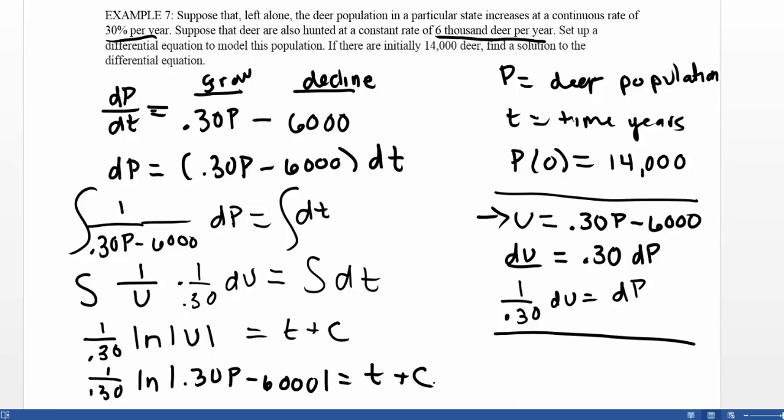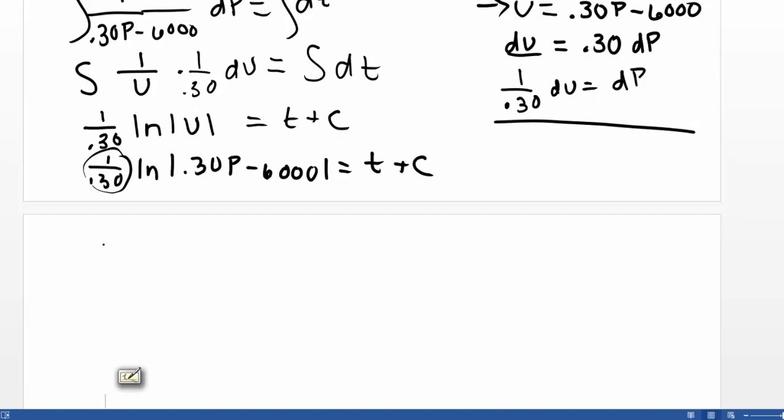So I've solved the integral part of this problem, but remember, I want to have p equals, right? So I have to do some algebra in order to make this happen. So in order to solve for p, the first thing I'm going to do is multiply both sides by 0.30 to deal with this constant here. So multiplying gives me the natural log of 0.30p minus 6,000 equals